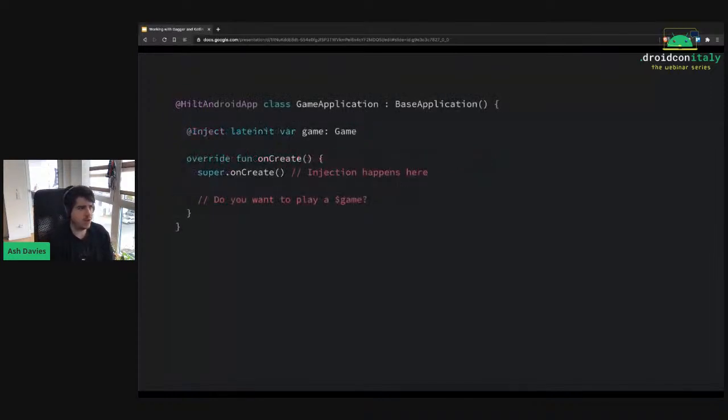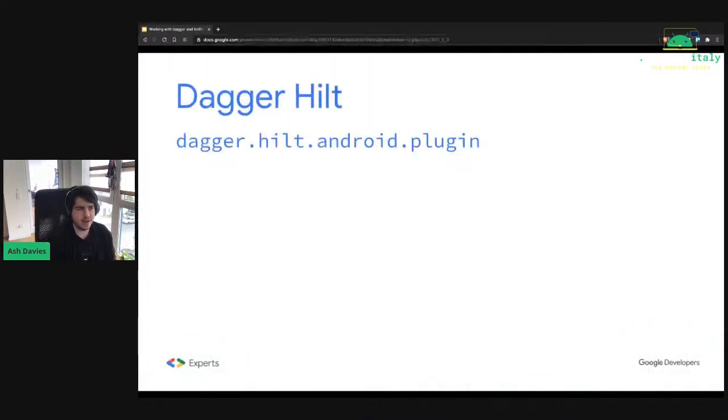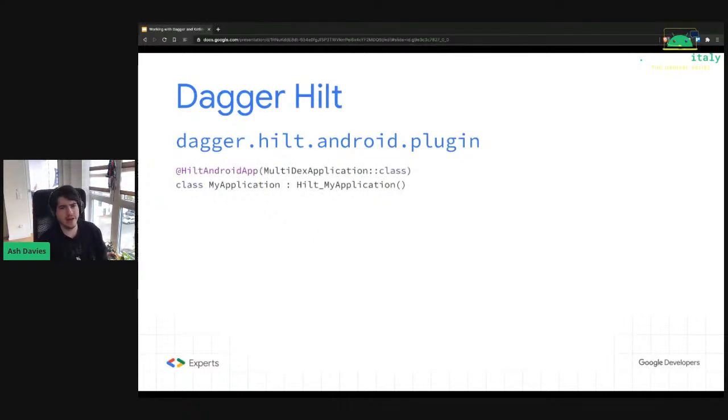So this means that we only have to mark our entry points. In this case, we're marking the Android app as an entry point, and then we can start using the injections after the onCreate. This is achieved through use of the Dagger Hilt plugin. It actually rewrites this little bit of code here. This is what you'd have to do if you weren't using the plugin. You'd have to extend from a generated class and then use the superclass in an annotation. So it rewrites your bytecode from this to be something a bit more pleasant,